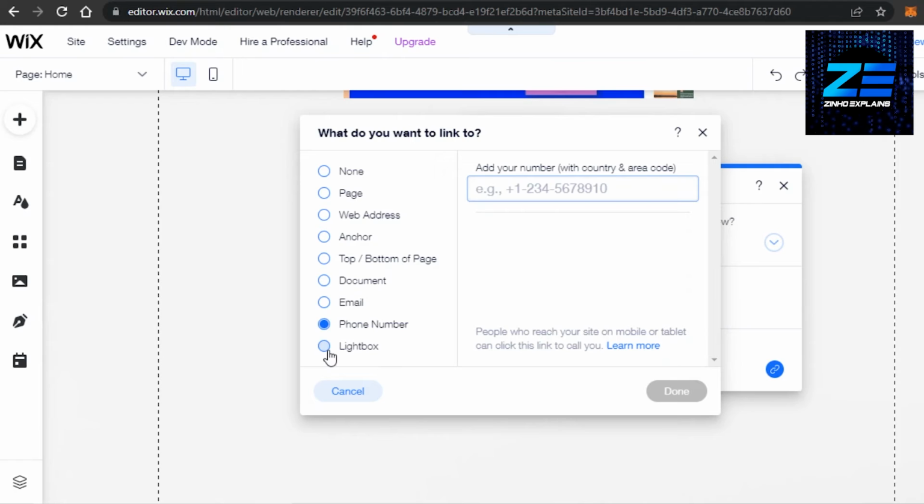Plus we also get our link, our profile link. If you have a business account, then you will also get your own WhatsApp link that you can share with other people so they can find your business account. So you can go with web address from here, or you can go with phone number. That will be okay. Enter your phone number or your web address right here and click on done,